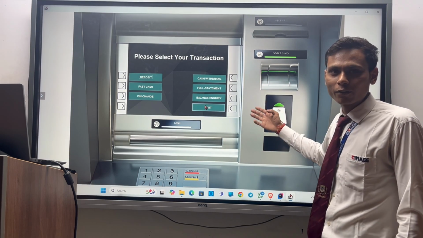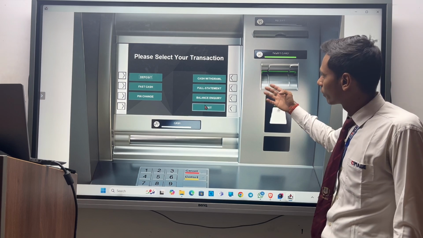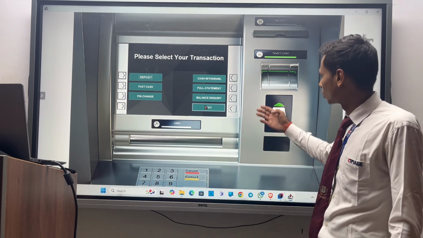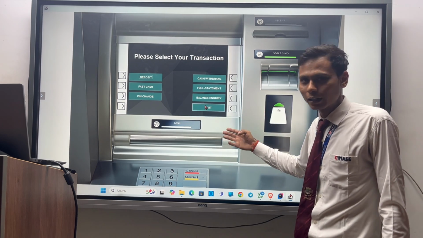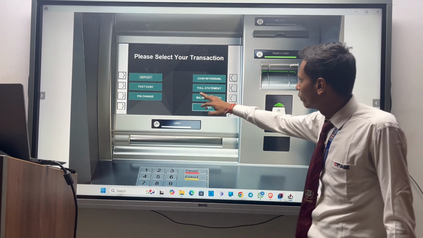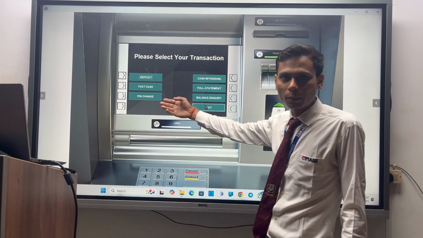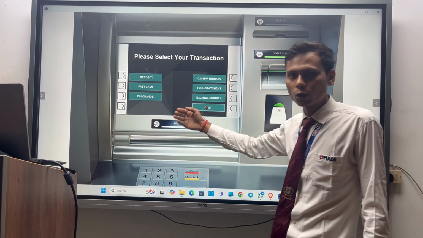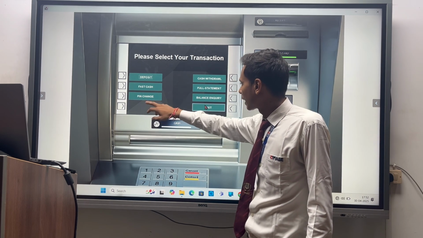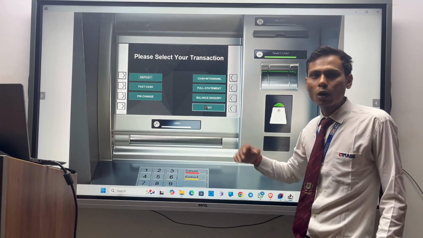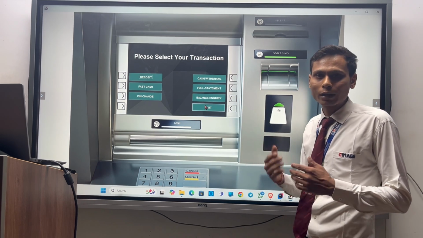Here is the main interface. It's the main interface that we generally see at a real ATM. So it is quite user friendly. If we want to deposit, we can directly click on it and deposit as much amount as we want. There are fast cash, PIN change, cash withdrawal, and full statement, showing how many transactions we have performed.